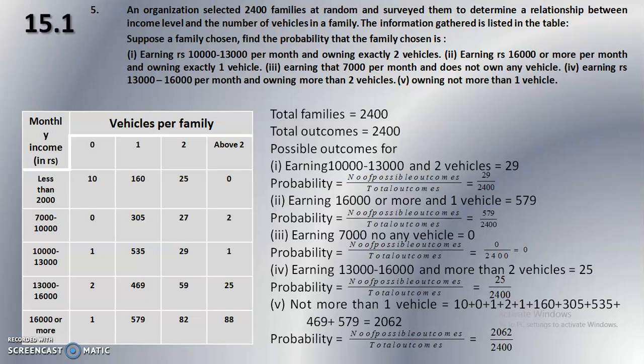Now fifth, not more than 1 vehicle. At the time, we can include all these numbers because 0 vehicles as well as 1 vehicle. Not more than 1 means we can add 0 as well as 1. So 10 plus 0 plus 1 plus 2 plus 1 plus 160 plus 305 plus 535 plus 469 plus 579 equals 2,062. So probability equals number of possible outcomes divided by total outcomes equals 2,062 divided by